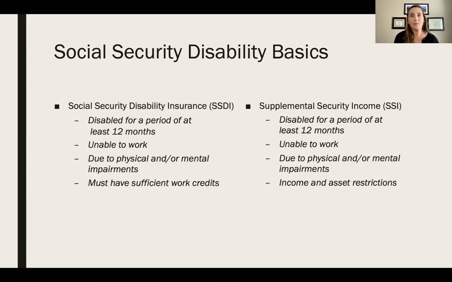You can confirm that you have those sufficient number of work credits by actually logging into your My Social Security account. Make sure you're on the Social Security Administration's website. You'll be able to look at your work history, your earnings history, and make sure it matches up with what you believe your earnings history should be. After looking at that, you'll be able to see if you were to become disabled, what your estimated monthly disability benefit amount would be, and same with retirement, what your estimated monthly retirement amount would be at this point in